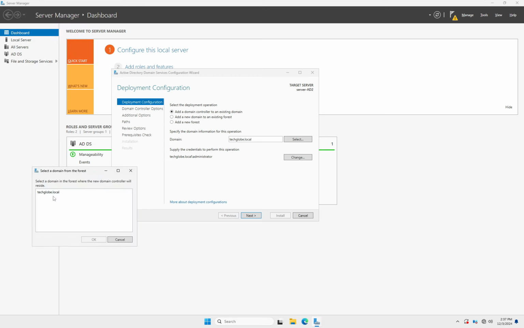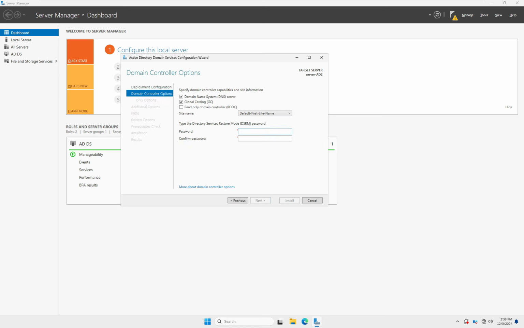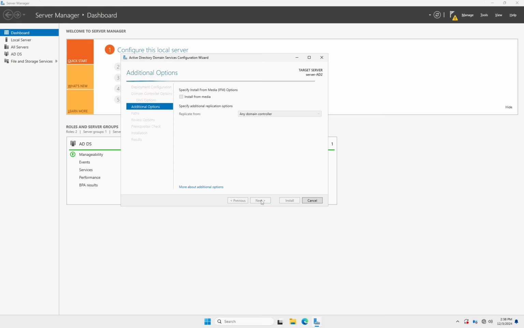Our domain name is selected here and click on OK. Then click on next, enter the restore mode password. The strong password you have to enter, then click on next again, and here you can see replicate from any